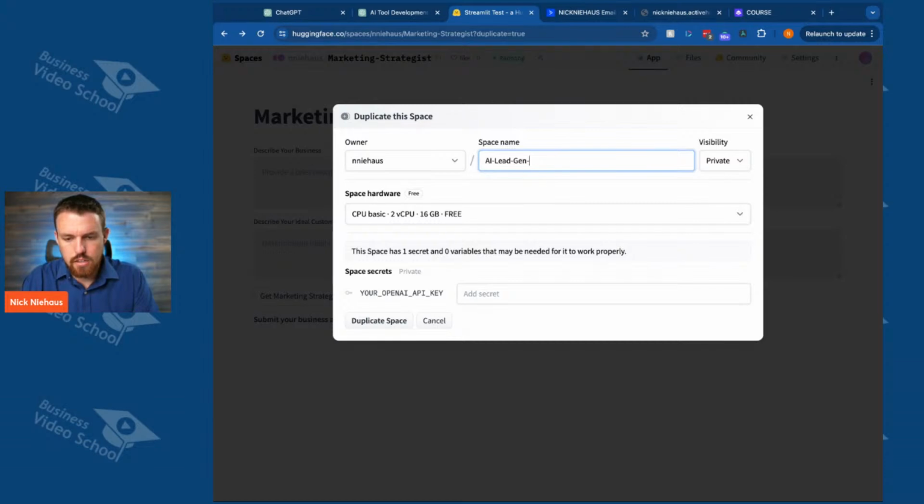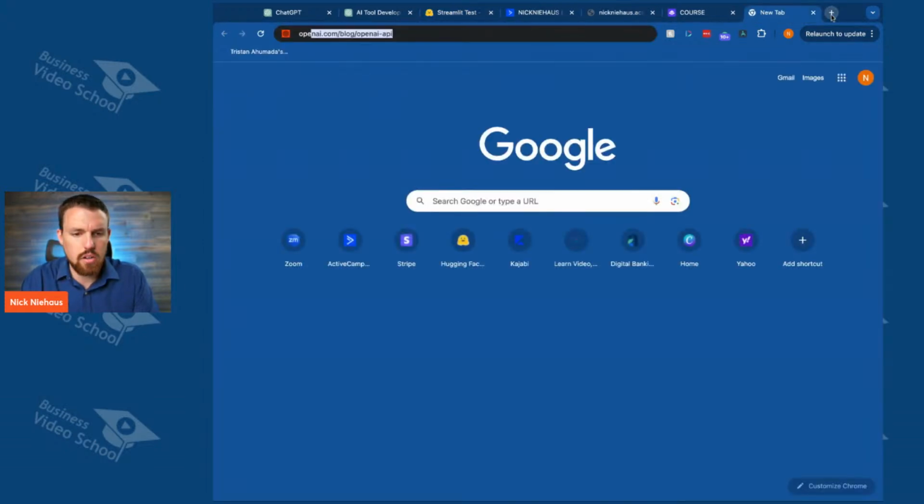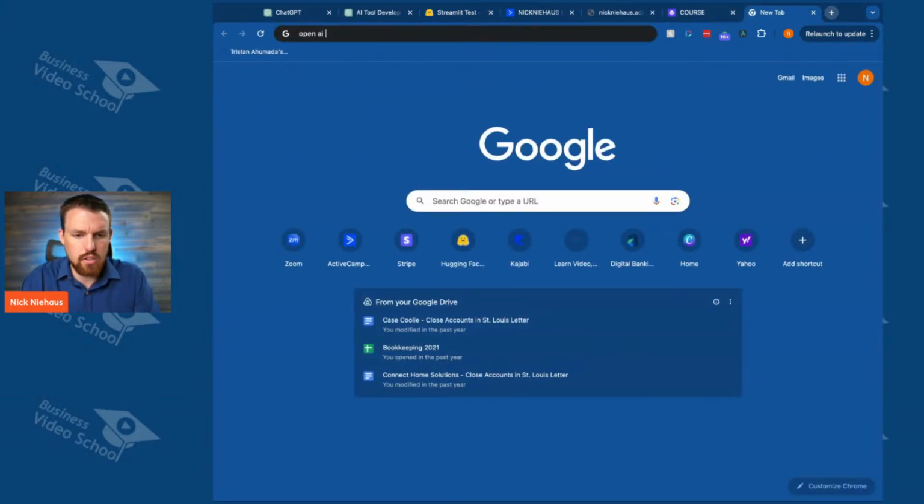Let's see here. AI lead gen strategist, maybe. Call it something like that for now. And then the other thing we need is an OpenAI API key. All right, so what that means is I've got to go, at this point you would want to have this